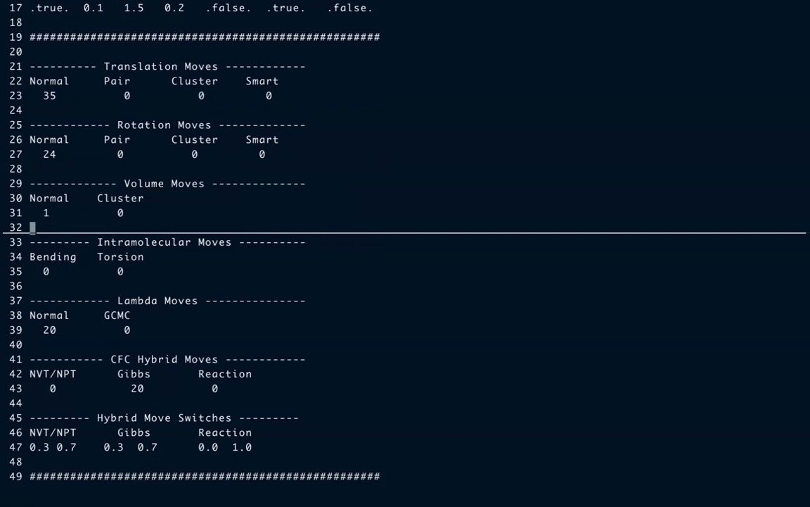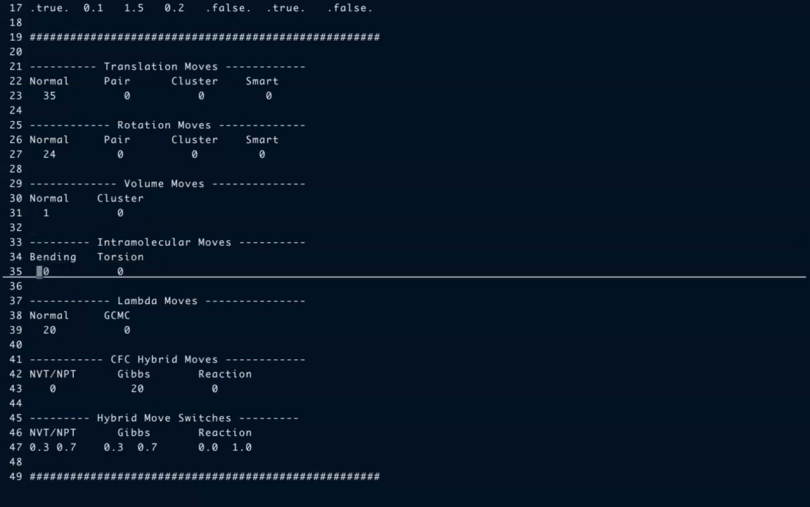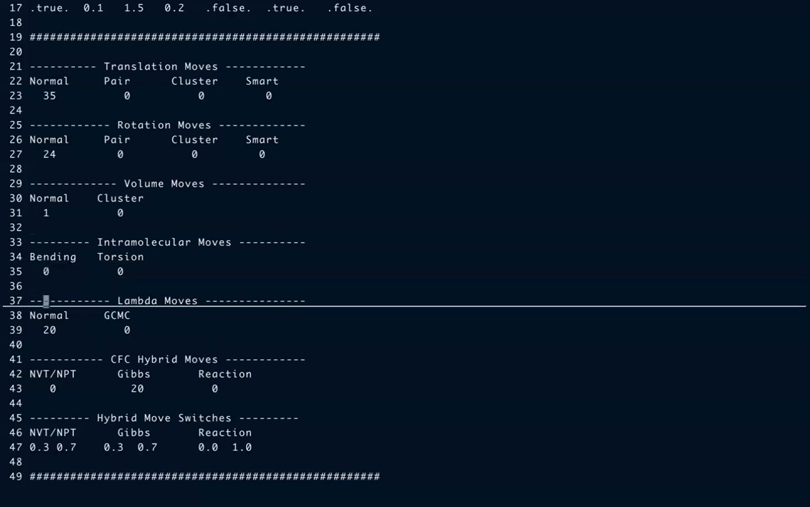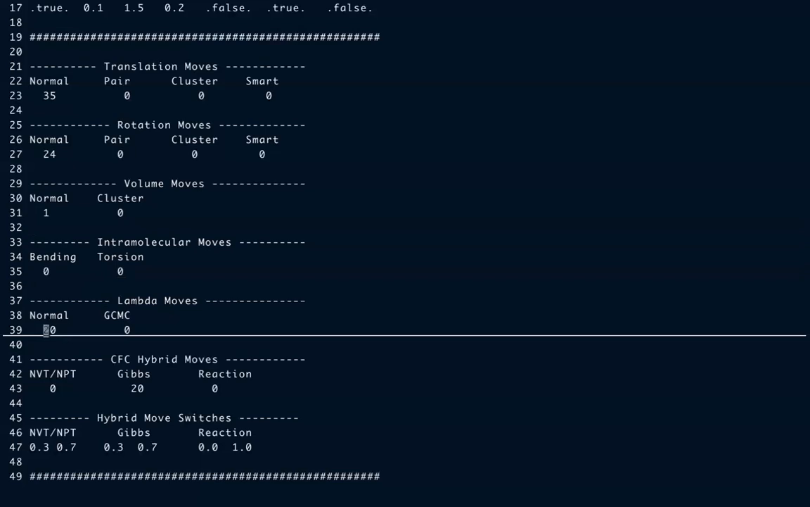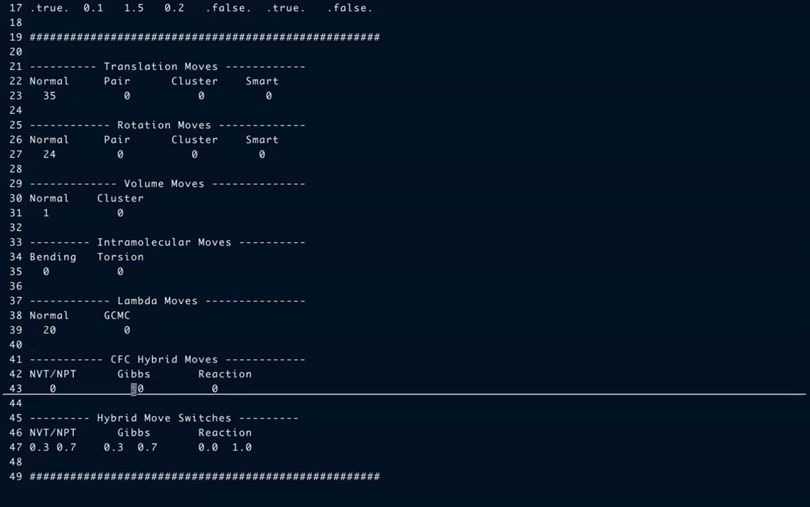So that's the reason this is performed with minimal frequency, because then the time consumed for such a move is also less. Now, there are no intramolecular moves because there's no bending. I do 20% of my moves as lambda moves, in which the values of lambda are changed. Then the remaining 20% of my moves is CFC hybrid moves, in which the value of lambda is changed in